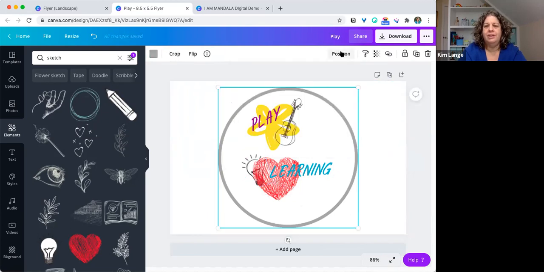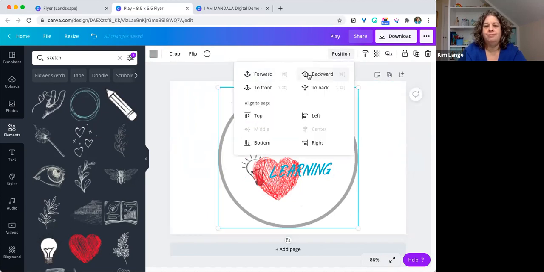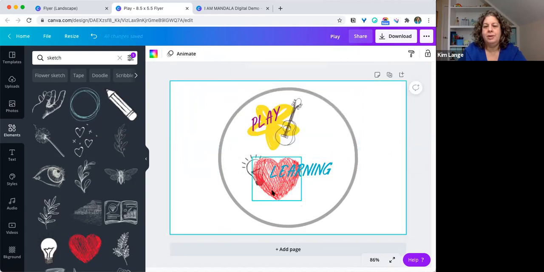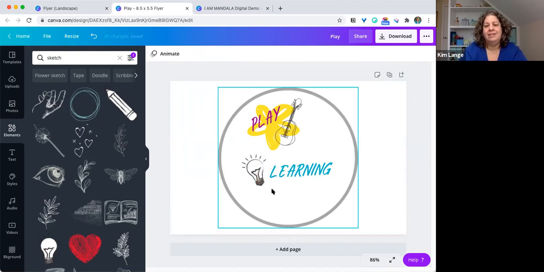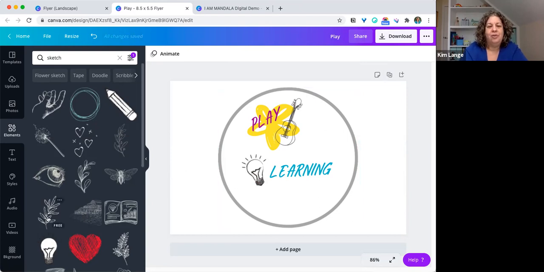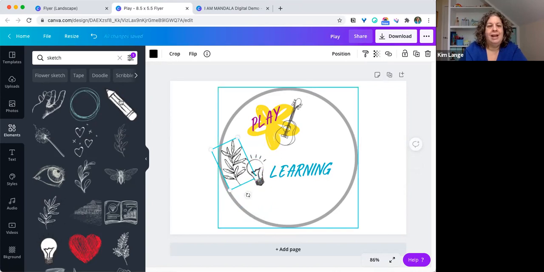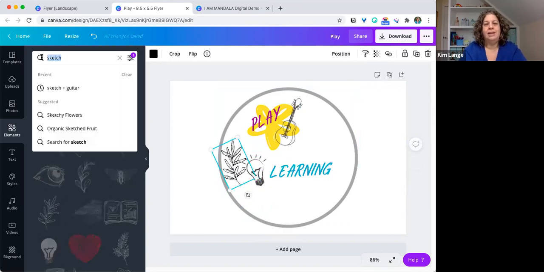Oh, I've moved the circle to the front. That's what's going on. All right, now I should be able to get it. There we go. All right, sometimes when things get layered, you have to reposition them to be able to click them to delete them, for maybe I decided I like that one better. So it might be like growing and learning with the light bulb. And we can click and move that there and have that kind of image. And then maybe I want something